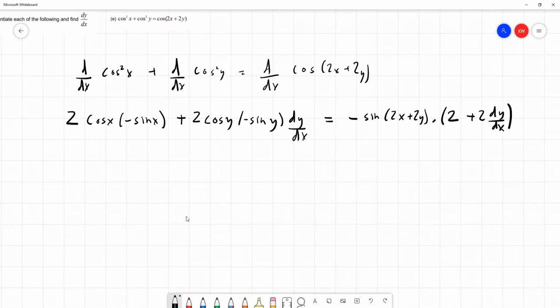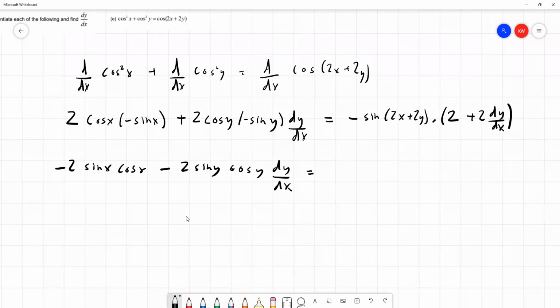But I'll do a line of working first, just to do a bit of general tidying. So I write minus 2 sin x cos x, minus 2 sin y cos y dy by dx,